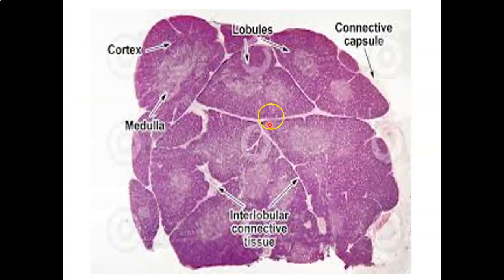Let's go to the histological slide of the thymus. Here you will find this is a thymic lobule. Another thymic lobule. Do you know what it looks like? Like ceramic tiles. When you find one ceramic tile and another ceramic tile, like the tiles used on floors, this is a thymic lobule. Another